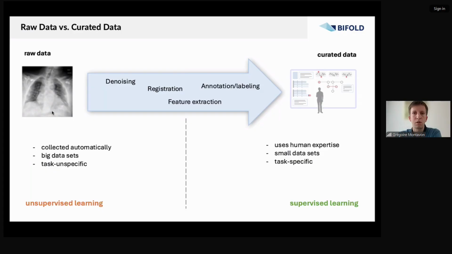Whereas if you move to curated data, then you have all this additional value which is added by the human annotators. But it is also fundamentally smaller because of the time required, or the cost of human involvement, and also task specific, in the sense that you already know more or less what you want to solve as a task, or what kind of information you would like to extract in the data. And if you think of general machine learning paradigms that we can place on these two types of data, on the left-hand side you have unsupervised learning, and on the right-hand side you have supervised learning.